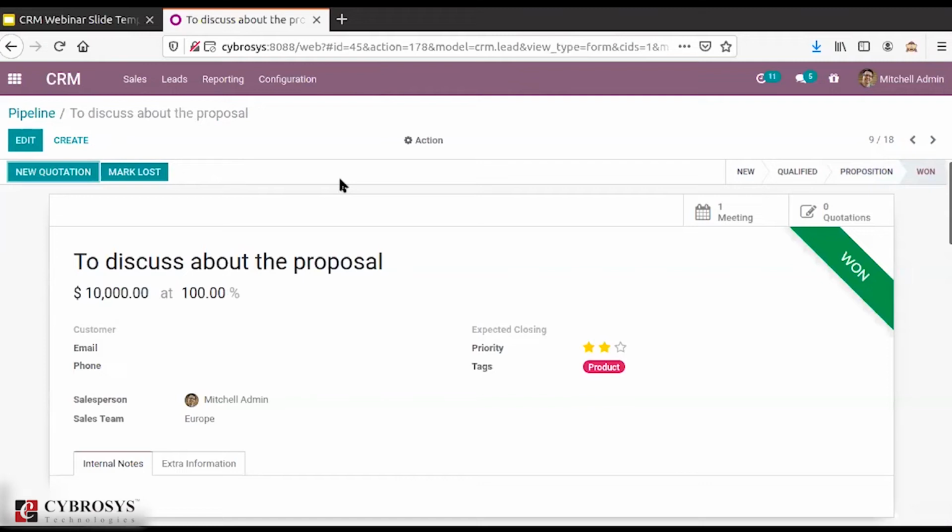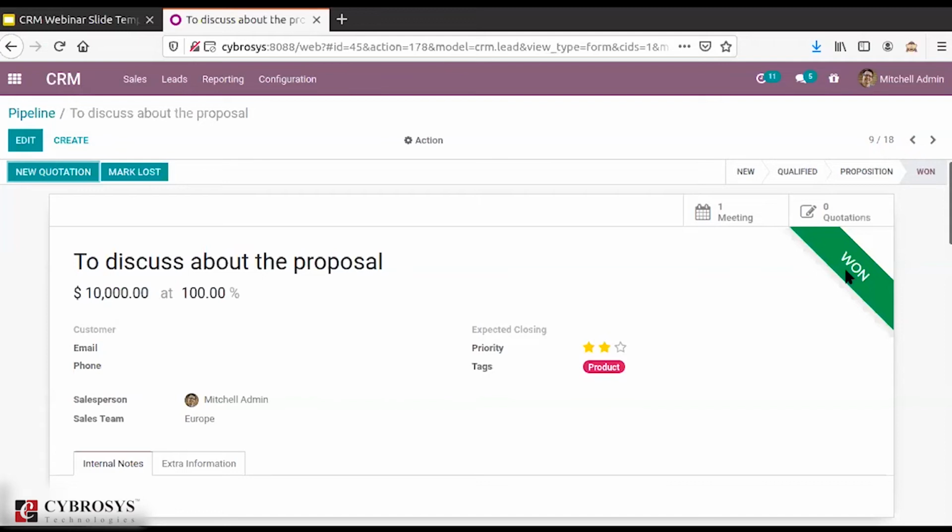Once this opportunity is okay with us, we can convert this. When you want to convert this, you can mark it as won. When you mark it as won, you can see a ribbon where the tag of won is showing. So this is how you mark your opportunities as won.